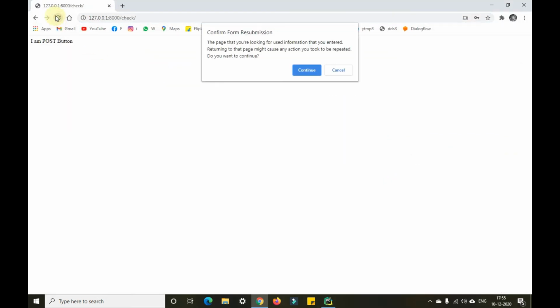When I refresh it and continue, you can see it is still appearing as programming with Gautam. That is already saved in the database, but we are not able to see it here. The data whichever we send in the post method is hidden unless and until we want to expose it.